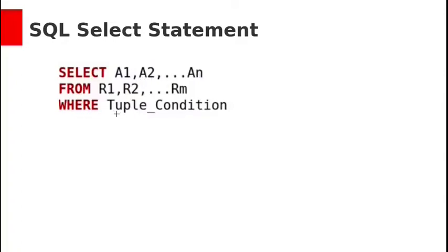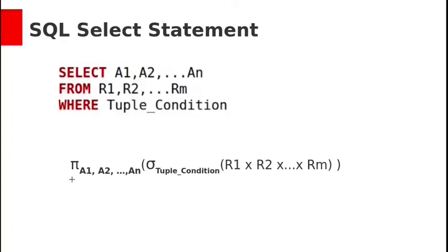In the where clause we need to include the tuple condition. Here joining of tables and filtering of rows will be there. The equivalent relational algebra expression for the basic SQL statement will be like this. Project attributes A1, A2 up to An, and select tuple condition on the cross product of all the relations R1